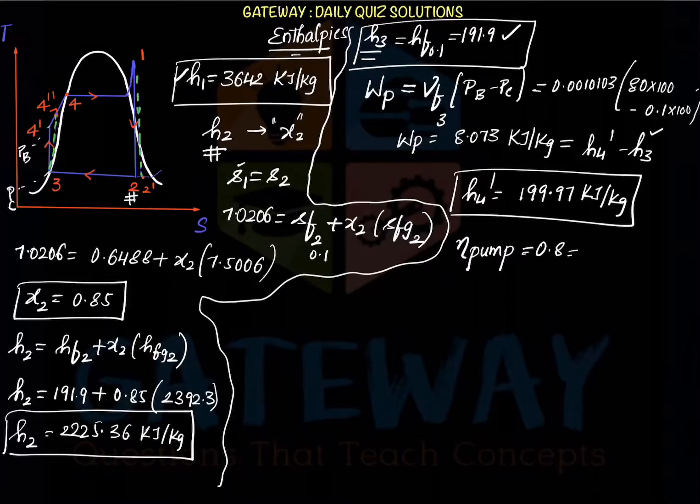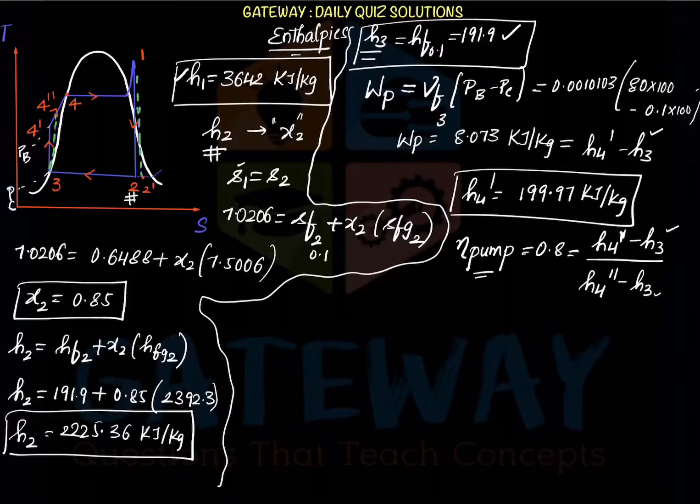So efficiency is always a term equal to numerator upon denominator, where the denominator value will be the highest. If you observe, the denominator value is H4 double dash minus H3, because due to some irreversibility, the pump is taking more enthalpy difference, more work to do the specific task, to increase the pressure to that of the boiler. Also, the ideal thing is it can work between H4 dash and H3. Ideally it is assumed to be an isentropic process, but actually it is not. It is deviating from the isentropic process. So this efficiency can also be called the isentropic efficiency of the pump.